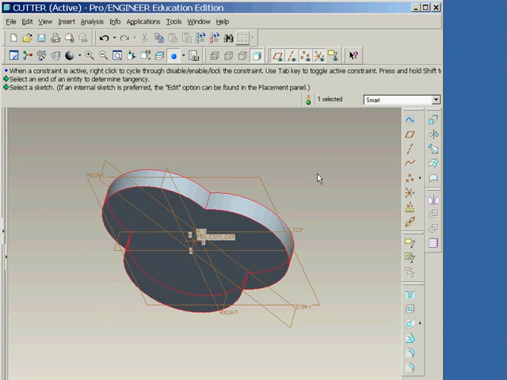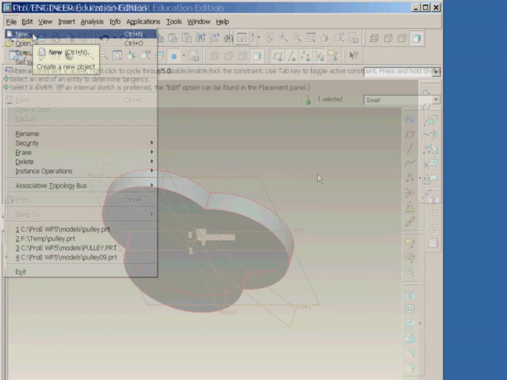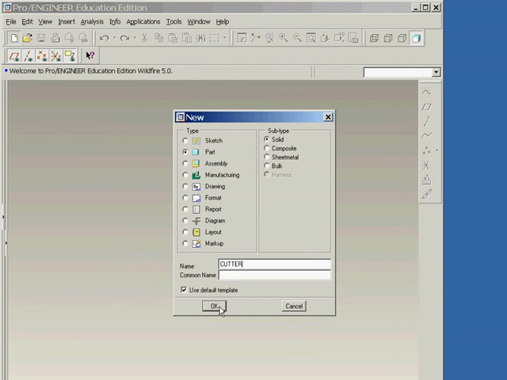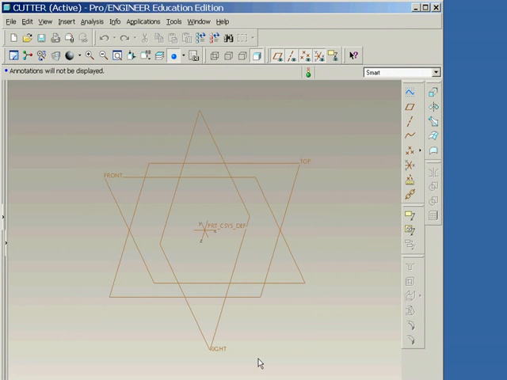In this session, we will create the base feature and center hole of the three-tooth cutter. We will begin at a point after starting a new part using the default template. The first feature that we'll add is a datum axis that will be located at the intersection of the right